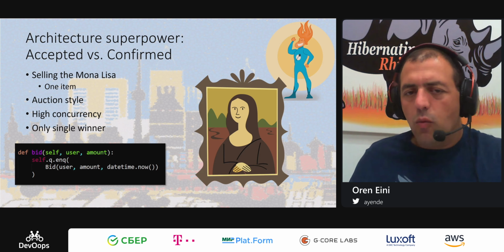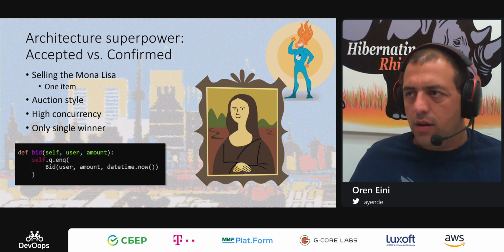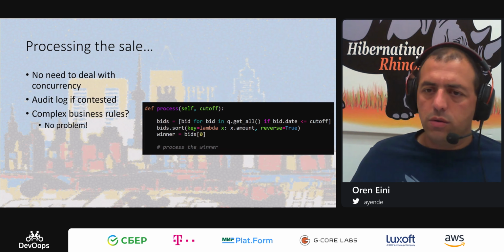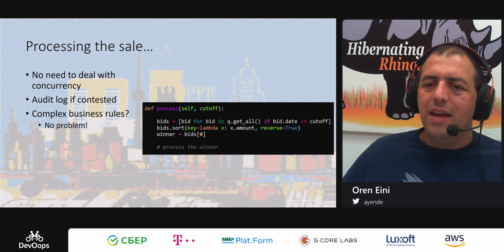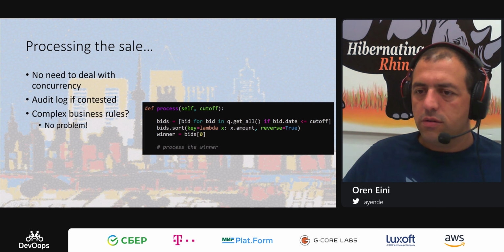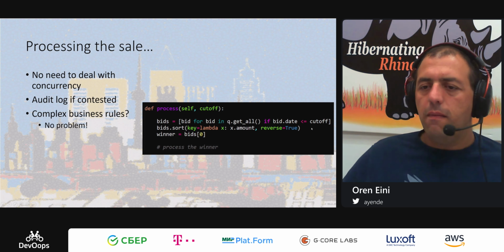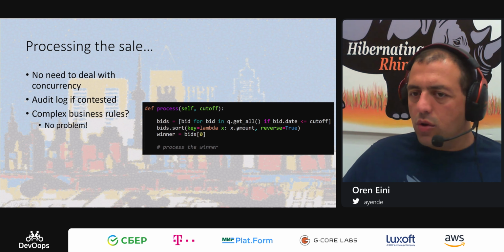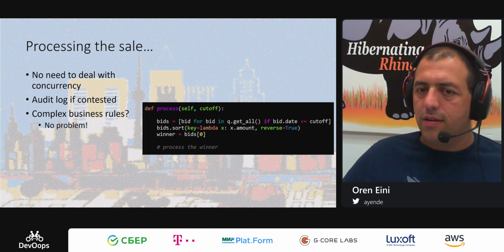Okay, I got all of them. What do we do with that? And here is the processing code. Get all of the items from the queue that arrived by the cutoff date, sort them by the biggest amount. So those are all of the valid bids.